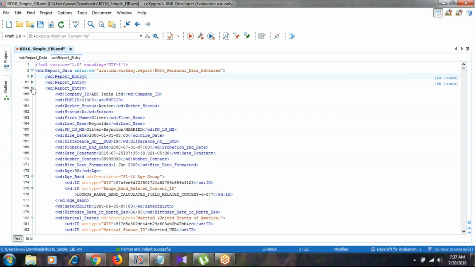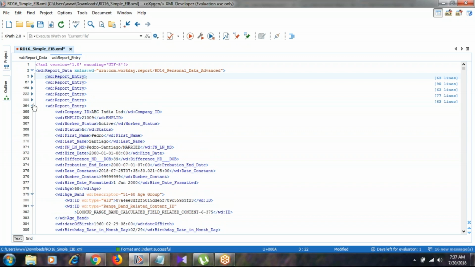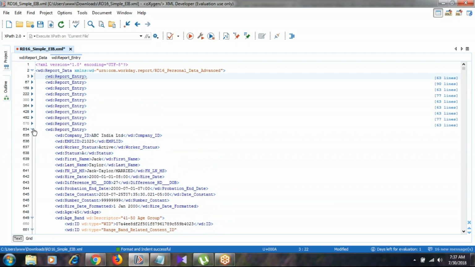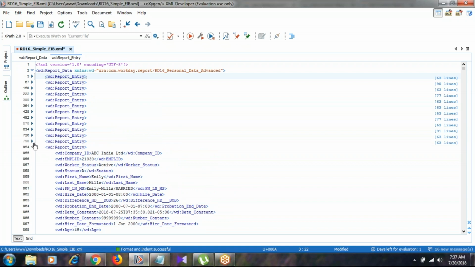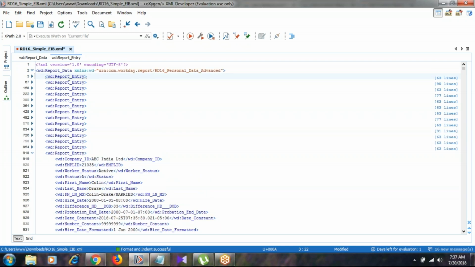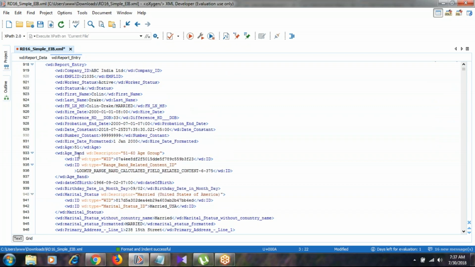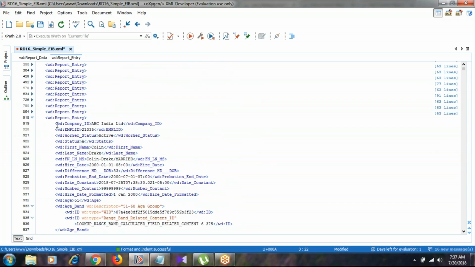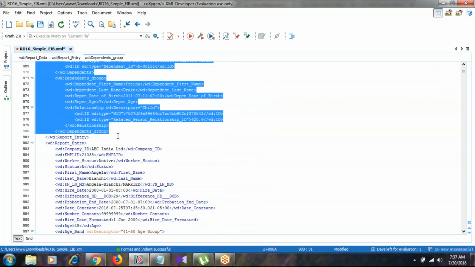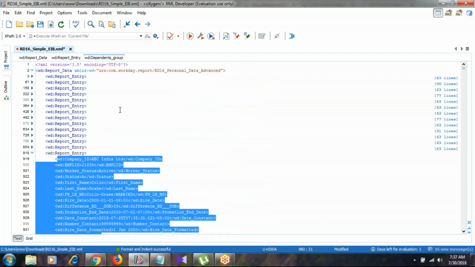You can see n number of report entries here. When I hide this option, each employee's report data appears. From here to here belongs to one employee.